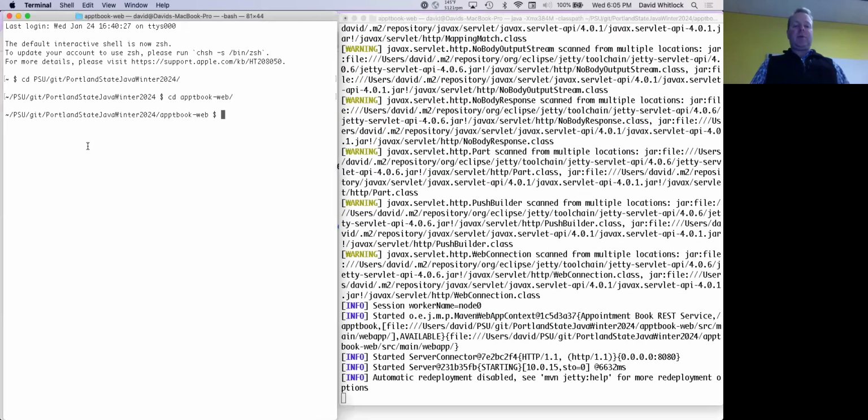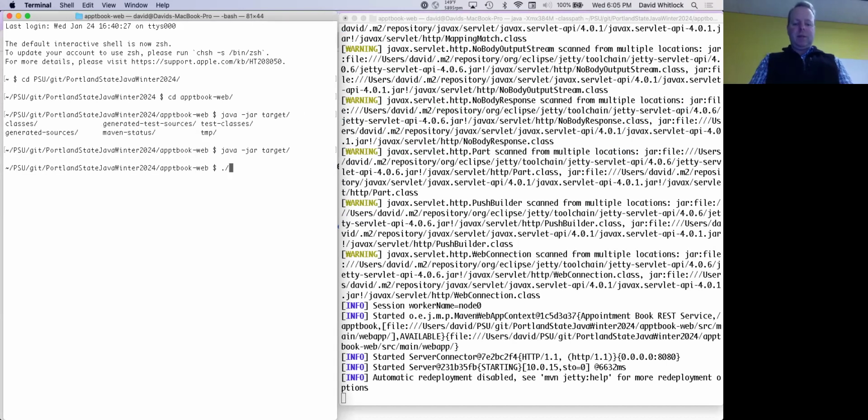Over here on the left, we're going to invoke the command line. So, and we do it the same way that we do our other command line programs. So we're going to have appointment book, oops, target. Oh, you know what? I need to go and I need to build the, yeah, I need to go and build